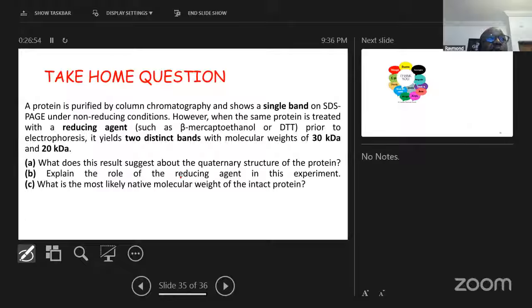Question A, what does this result suggest about the quaternary structure of the protein? One, the protein is not a quaternary protein. Protein is a tertiary protein because the reducing agent is actually employed to break the two